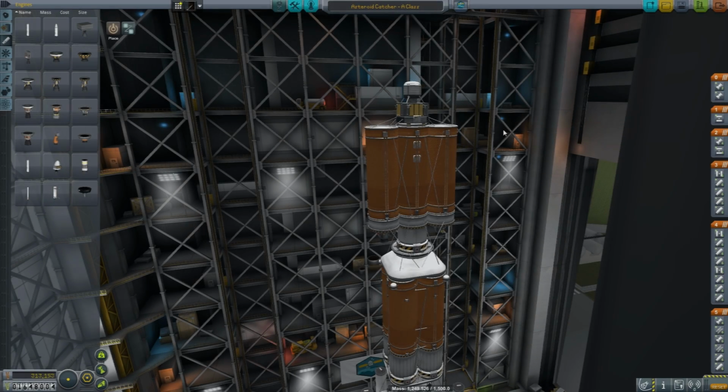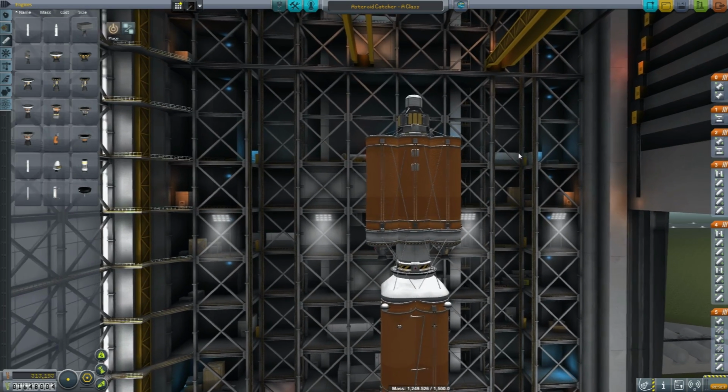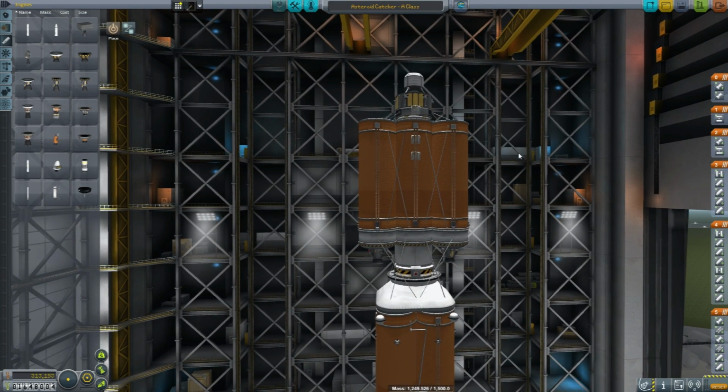Hey guys, so this beastie up top here has 6,049 Delta V in it. These three tanks. Based on my very preliminary research, that should be enough to capture an A class. If it comes close enough to Kerbal, possibly even a B class if we're really lucky. That said,